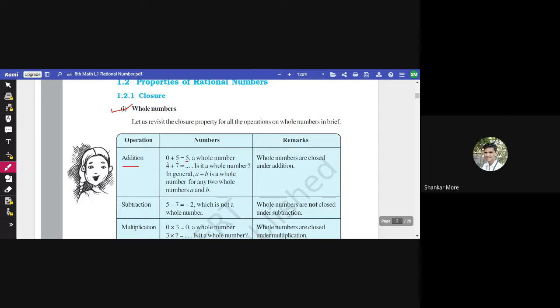So why 5 is a whole number? Absolutely 5 is a whole number because see, we have stated that natural numbers including 0 is the set of whole numbers, right? So natural numbers में 5 आता है, अगर natural numbers में 5 आता है then it is going to be a whole number as well, correct? हाँ, so हमारे पास जो पहले दो numbers थे वो whole numbers थे, उनको हमने add किया तो हमें रिजल्ट भी क्या मिला, whole number मिला। तो इसके बेसिस पे, इस रिजल्ट के बेसिस पे हमने एक रिमार्क लिखा यहाँ पे,